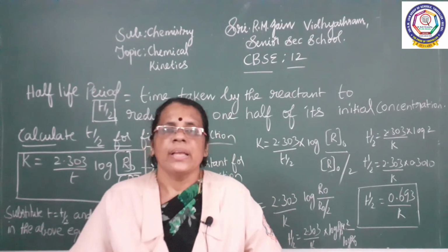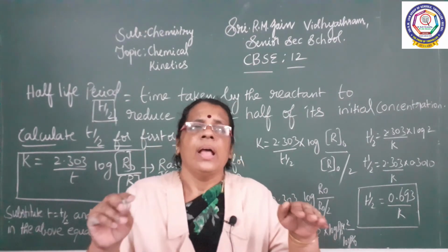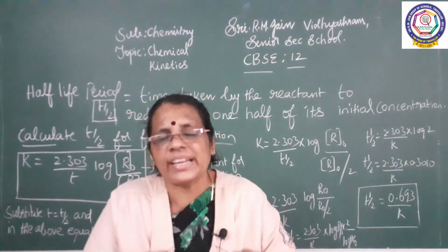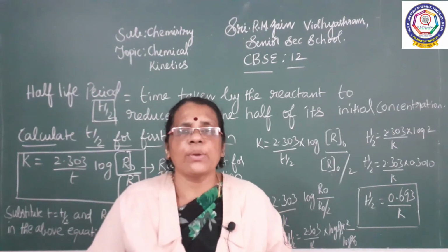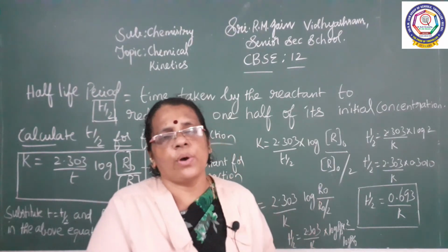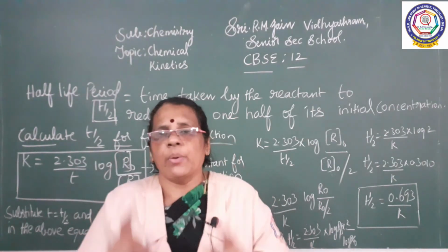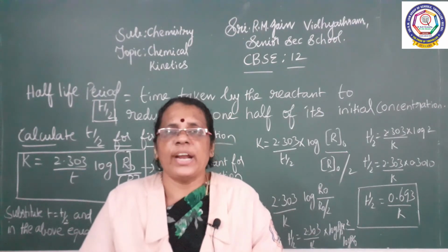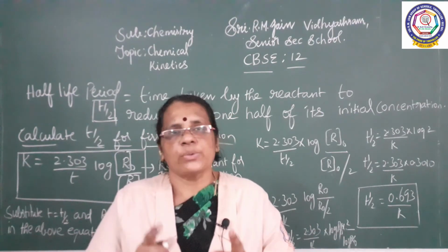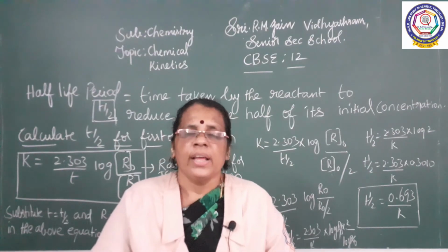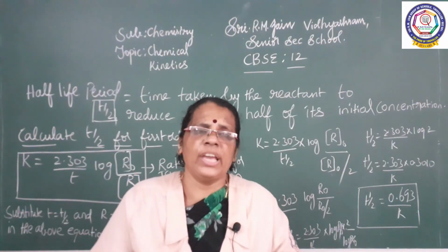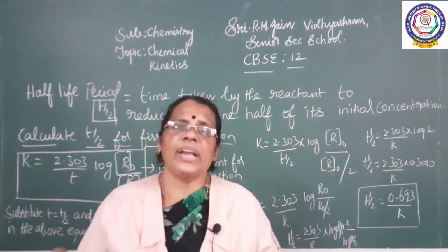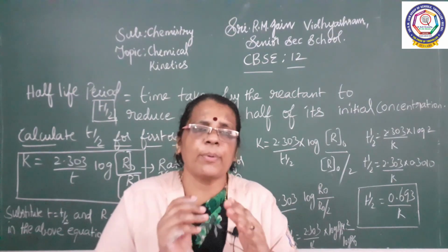So up to this I am stopping children, and the unit calculation is over. I have calculated half-life period for zero order and first order reaction. I want everybody to go through this. Write it one time as homework as well as one time as a test, so that you have a thorough preparation and can easily reproduce it in the exam.